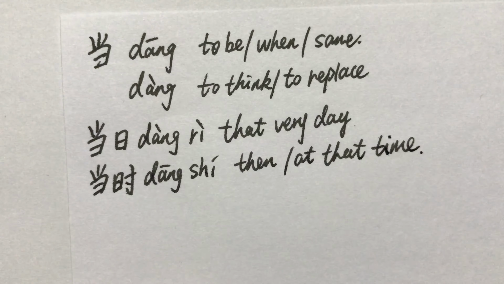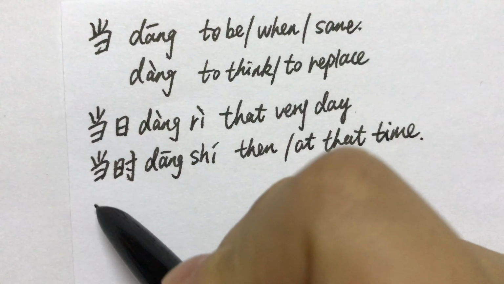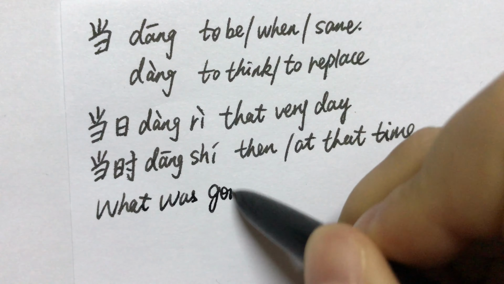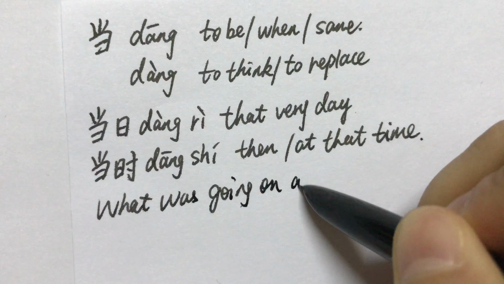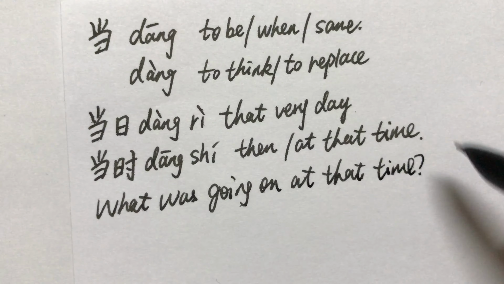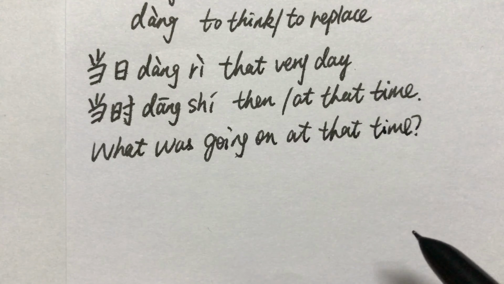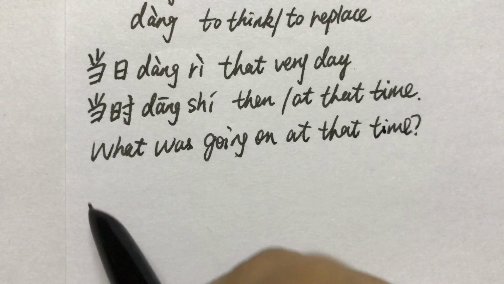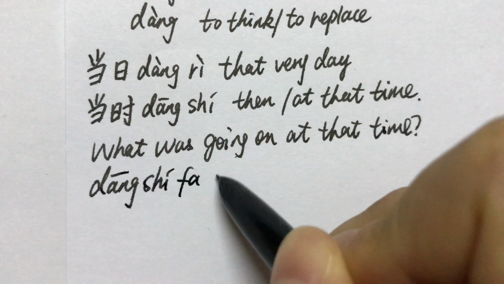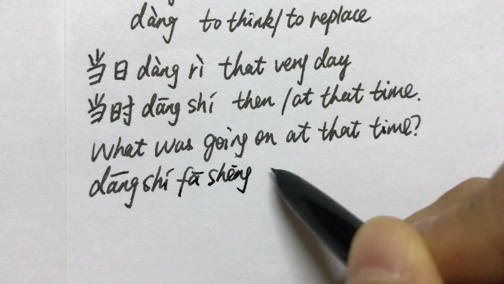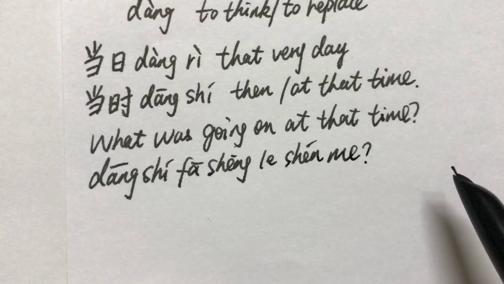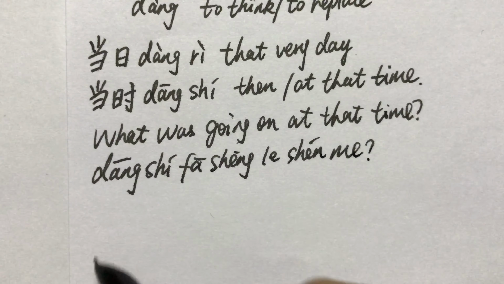What was going on at that time? 当时发生了什么？